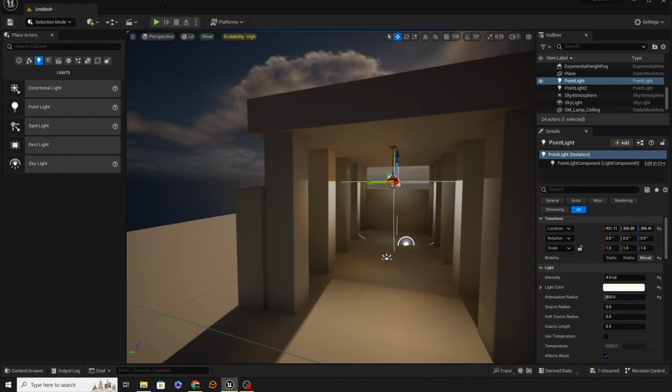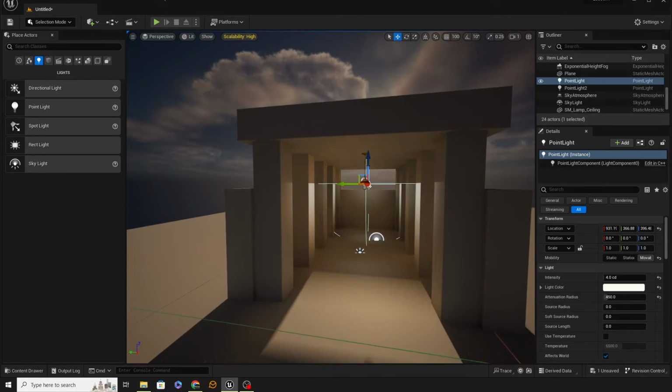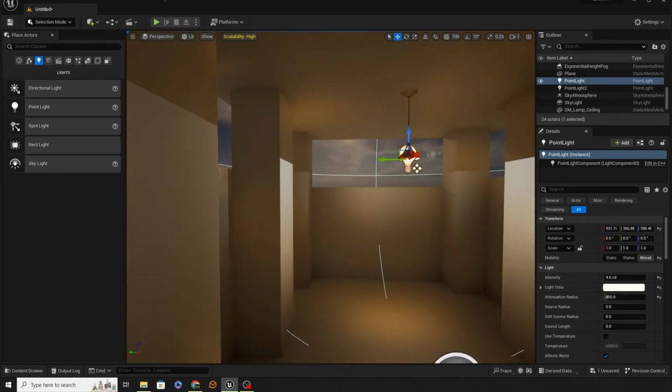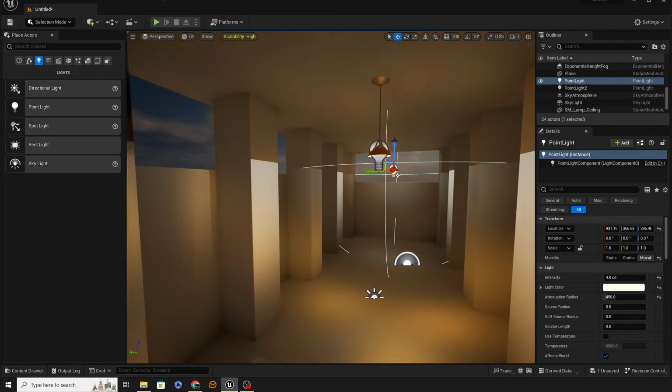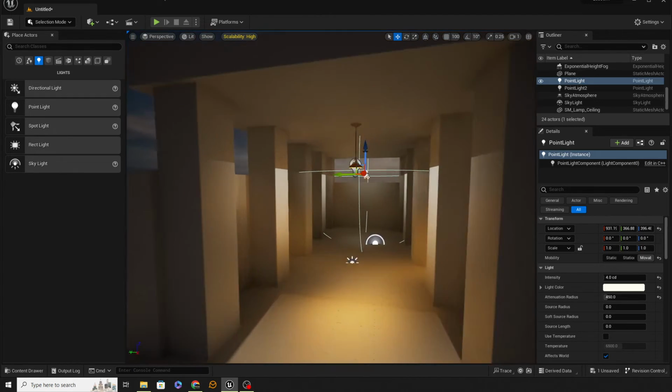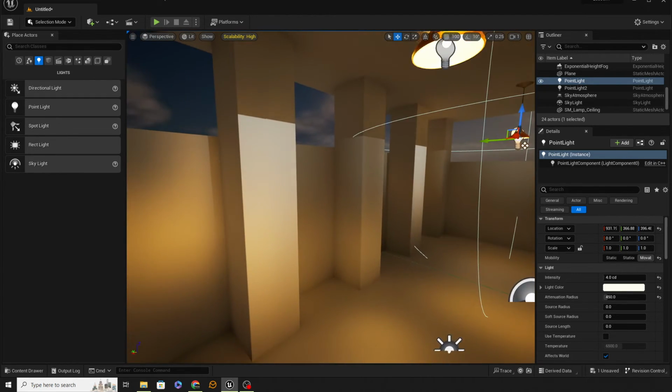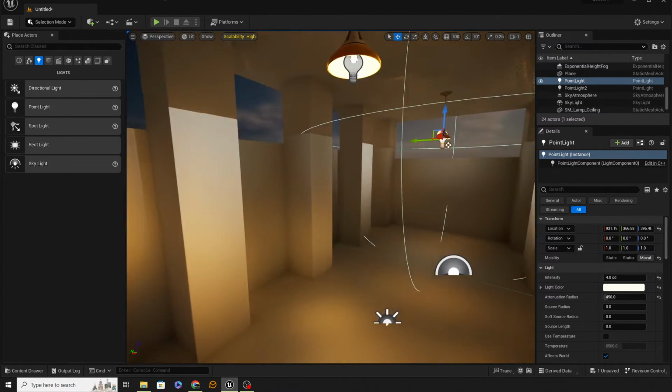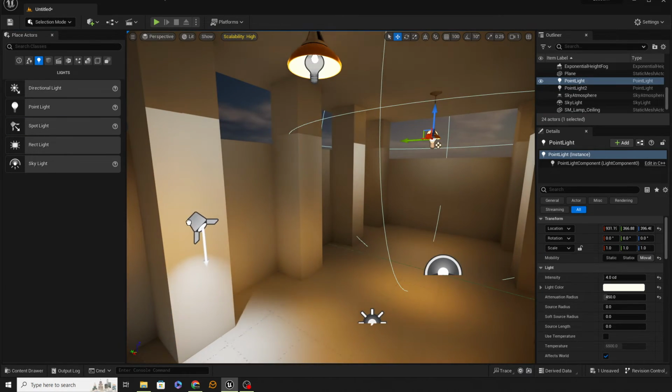Okay, so we've got our lights going on inside here, and it's looking okay. I like that. So what else can we do in here? Well, remember we were talking about spotlights. Now, if I was to just drag a spotlight in and pop it here,